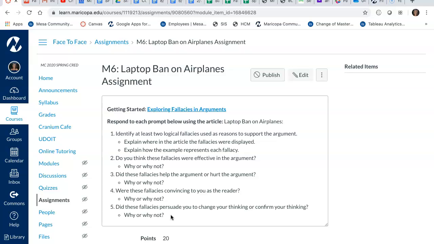For this assignment, you may just answer questions 1 through 5. You can put them into the text box. You could upload it as a Word document, a Google Doc, whatever the easiest way is for you. So hopefully the explanation regarding what I'm looking for in each question will help you. And this assignment will help you on your next assignment, which will be your critical paper, where you have to put all of this together. So hopefully this will help.